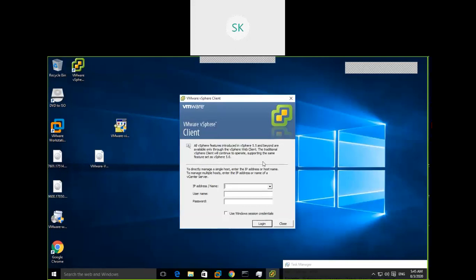Log in with the IP address of the ESXi host I'm going to connect to. By using this client, I'm connecting to the ESXi host. I can connect to either an ESXi host or the vCenter server. If I connect to an individual ESXi host, I can manage and configure settings for that individual ESXi host. If I connect to the vCenter server, I can manage all ESXi hosts. We'll see that later. So proceed, login,